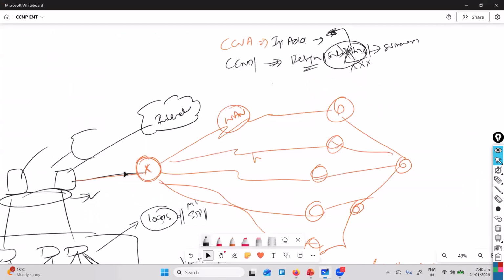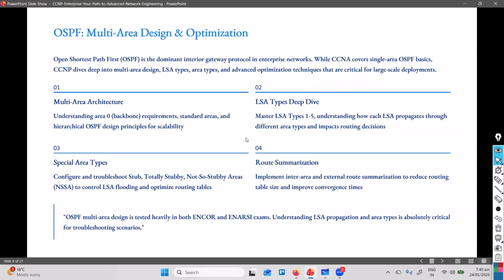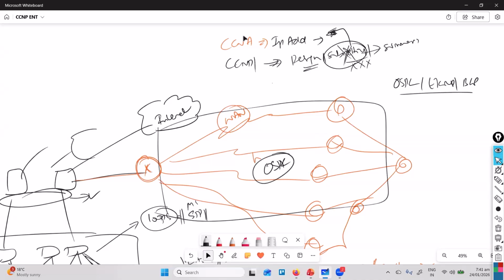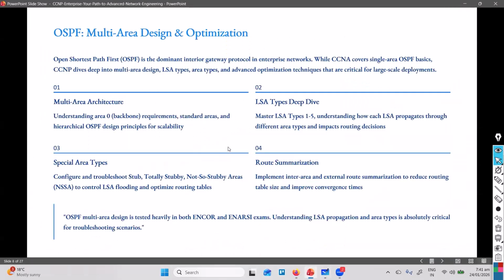Now, the next thing, there will be some routing protocols you will be learning. The different protocols you learn are OSPF, EIGRP, BGP, redistribution, route filtering. These are the topics. Now, OSPF is one of the main routing protocols you need to know because 90% of the time you will be seeing OSPF running for most of the routing. So all these routing protocols communicate with each other through OSPF or EIGRP, or you can use any other routing protocol. It's up to you. Okay. So basically you need to understand the